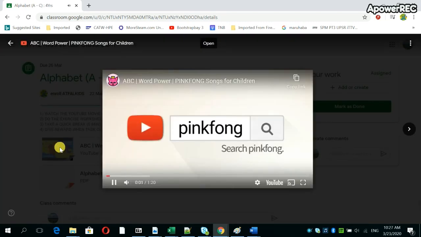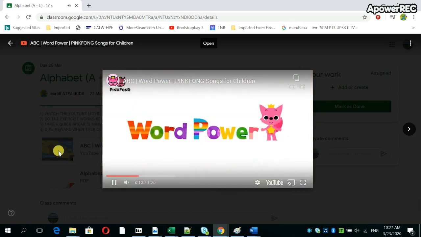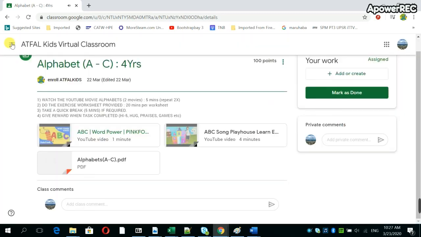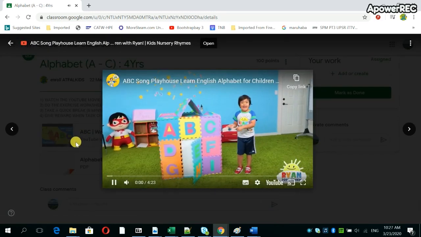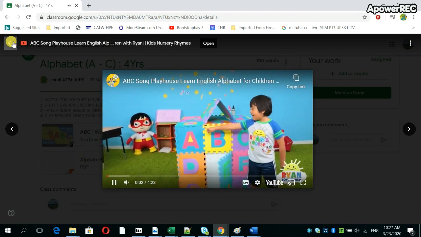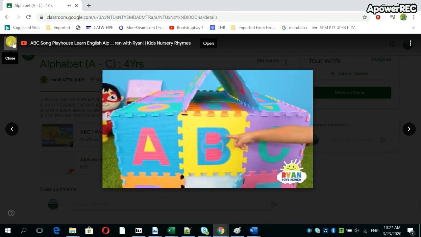Ping pong. Look at my ABC house. This is letter A, this is letter B, and